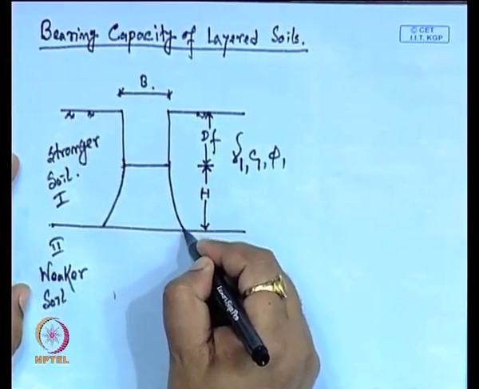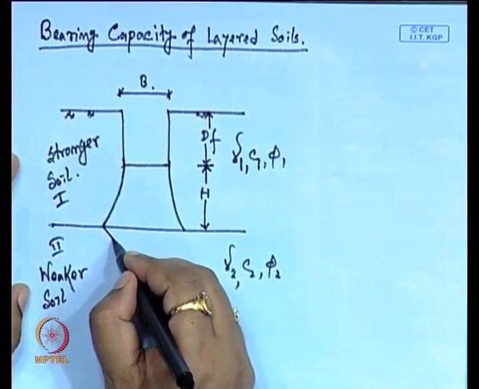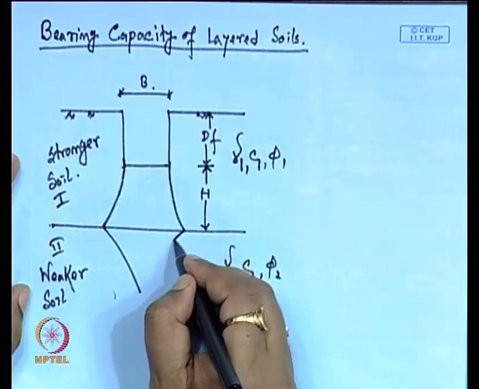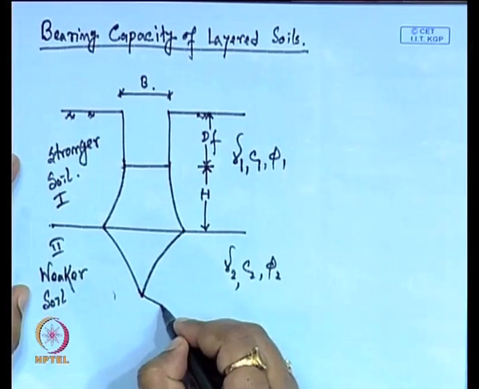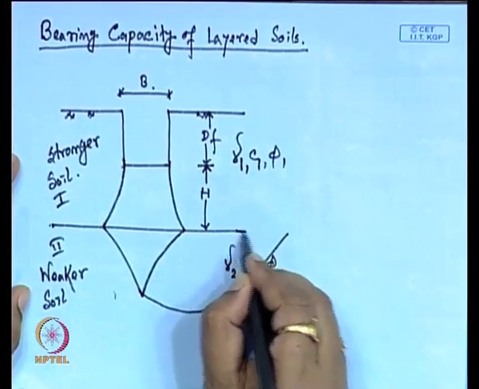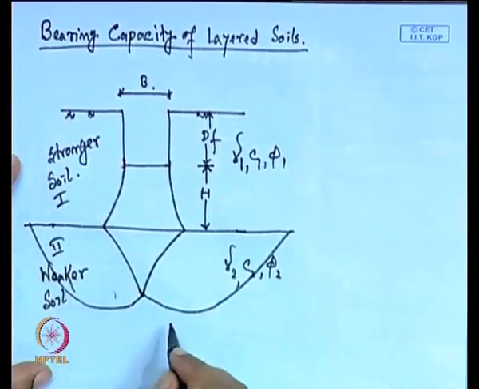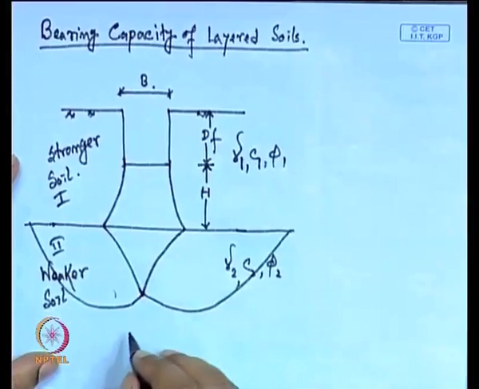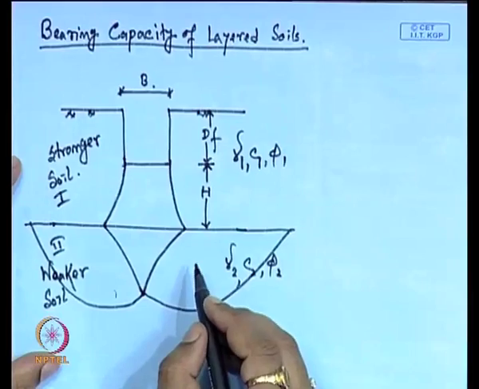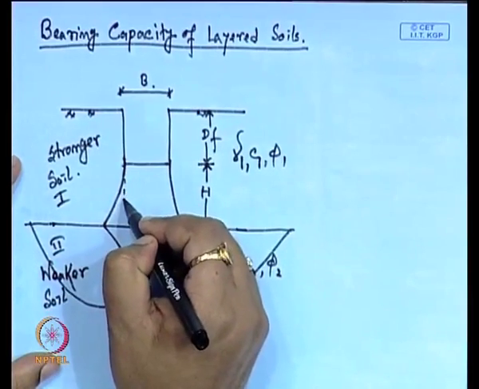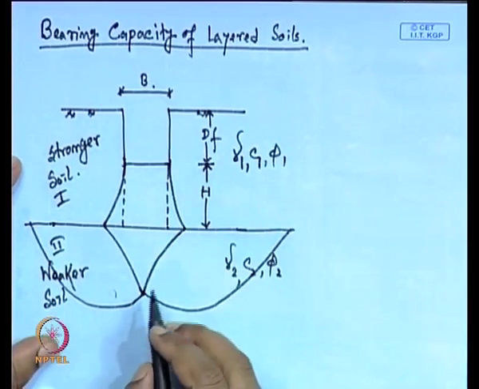So, suppose this is the punching shear type of failure surface for this strong soil, and this is the general failure surface which is expected for the weaker soil. So, this type of failure surface will develop. Now, if I draw one vertical line,